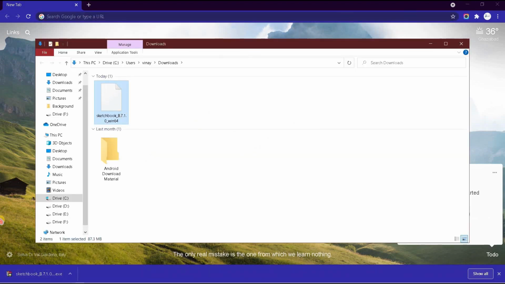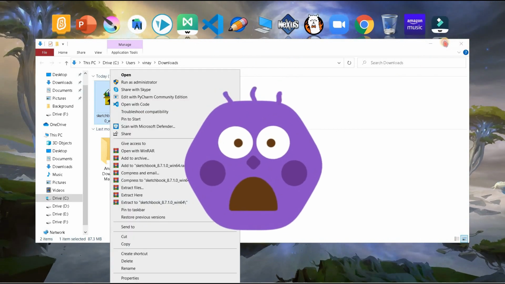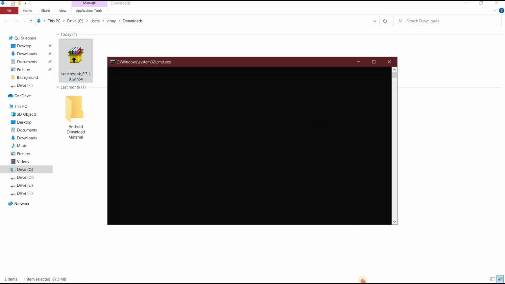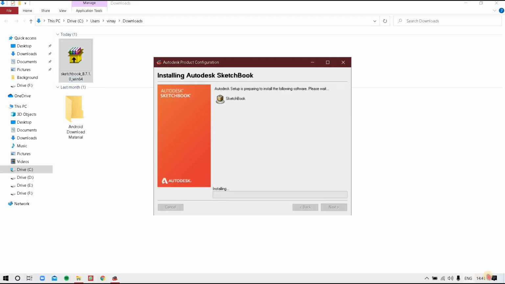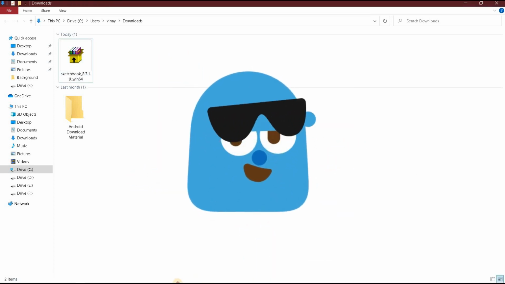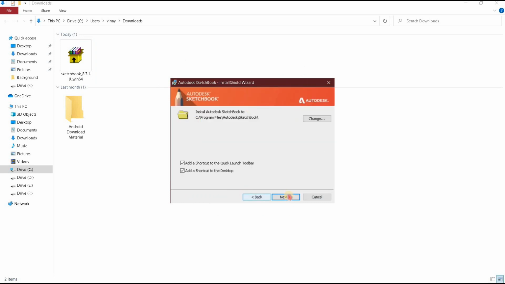Now over here I have got a file, so I'll just quickly close my Google Chrome. Now I'll come over here. You can see you will get something like this. Double click on it, and this type of installer is usually pretty slow, so it may take some time, but it will work at last. I accept. This is a safe software, don't worry. Now you can just see that it's installed. Next,